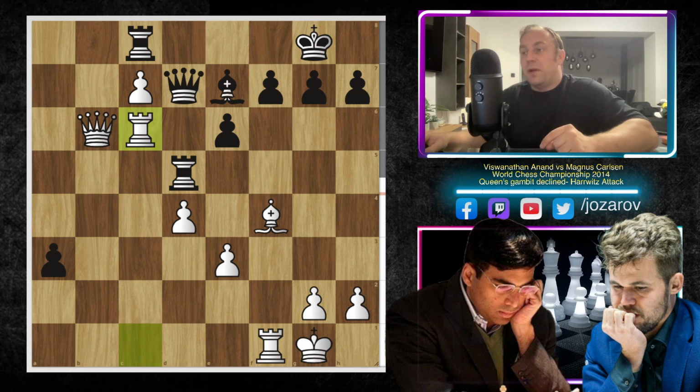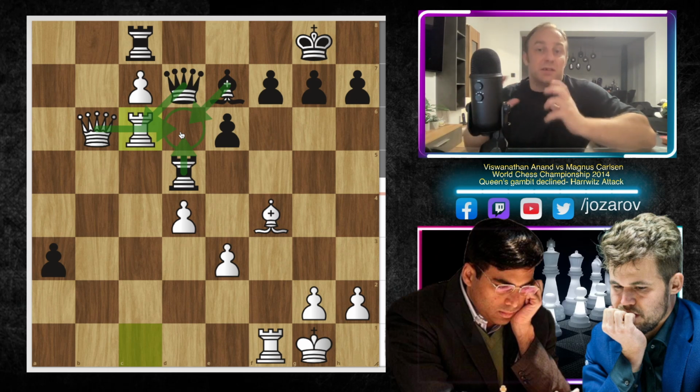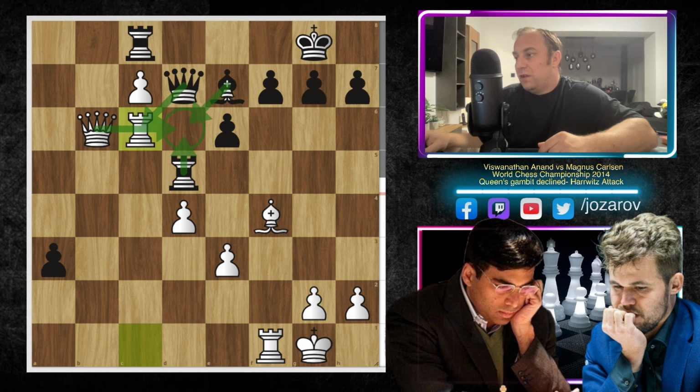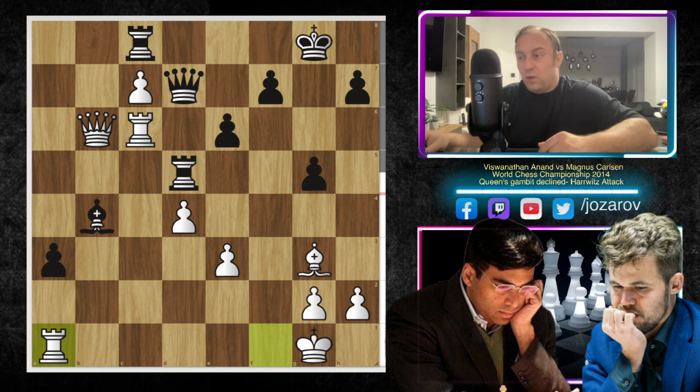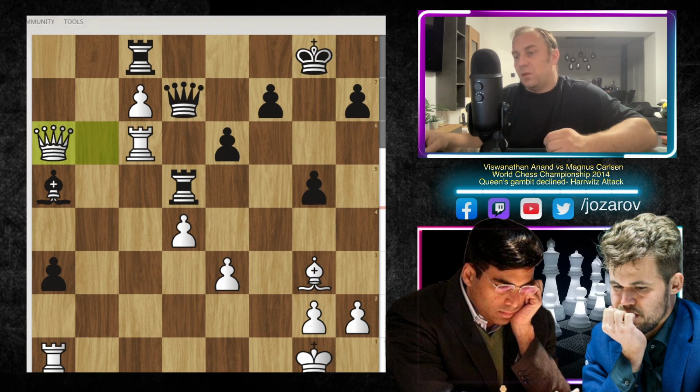Very important move here by Vishy Anand, never really allowing some maybe trades of bishops and similar stuff, because now Vishy Anand is controlling the d6 square, which we said in the continuation of the game was a very important tactical square for white here. So g5 here played by Magnus. We have bishop to g3, bishop to b4, and now rook to a1. We have bishop to a5 attacking the queen, and now we have here the queen to a6.